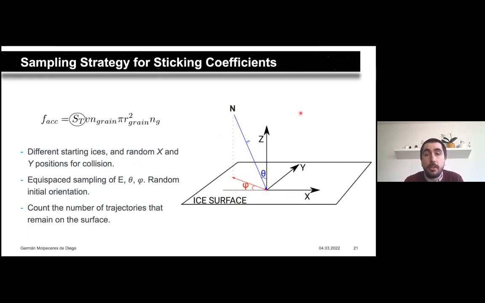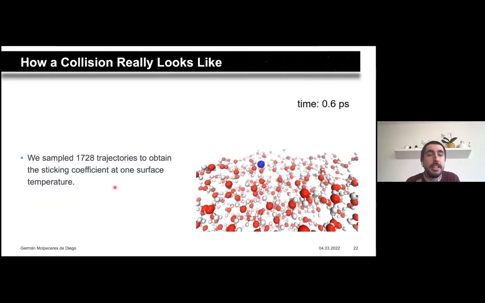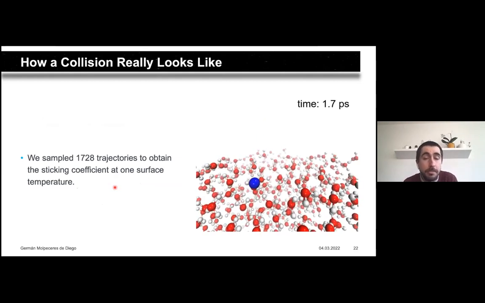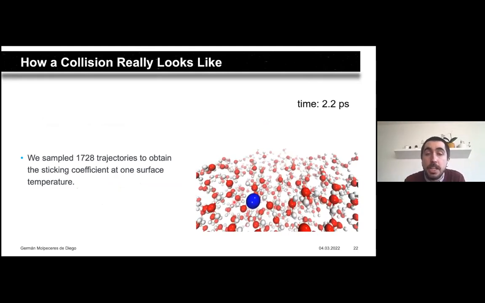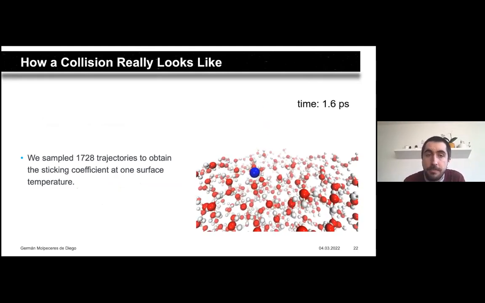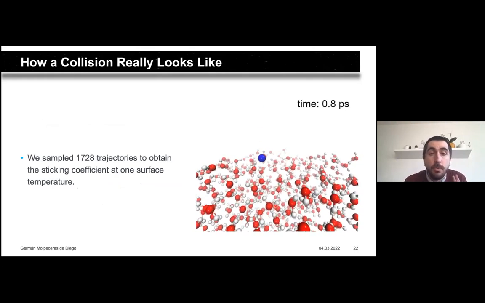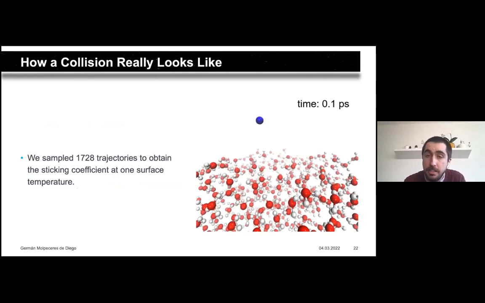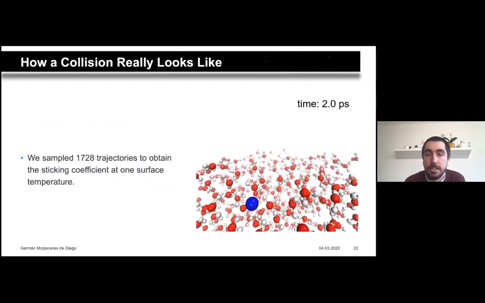What we do after running this simulation is to count the number of trajectories that lead to a sticking event, so the particle remains on the surface, or to a bouncing event, or the particle returns to the medium. We did this for around 1,800 trajectories per surface temperature, and we obtained simulations like the one I'm presenting here. The particle lands and moves a little bit, and eventually can desorb or stay on the surface. This is done automatically for around 1,800 trajectories. I must emphasize that this is only possible and is enabled by the machine learning potentials technique.